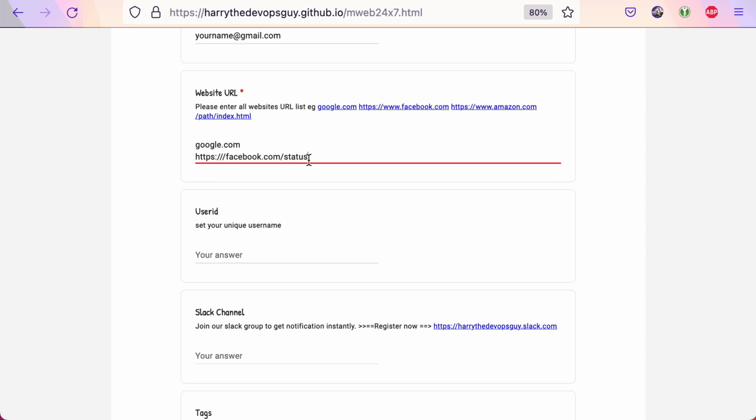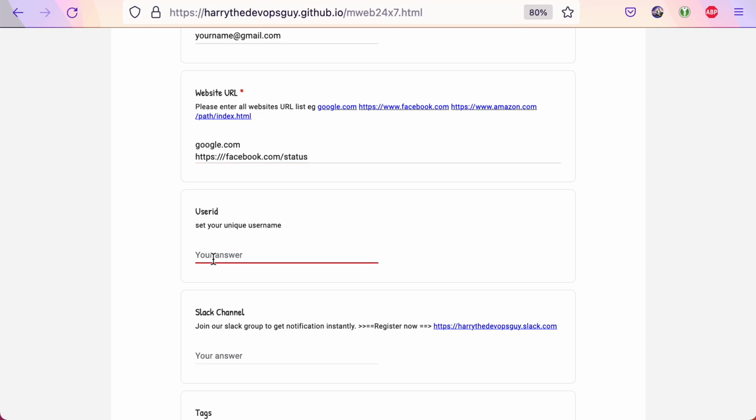This is a dummy URL. So you can add your actual URL, which is your status URL or the health check API, by which we will hit that site to verify whether the site is down or up. You can add any number of sites here.